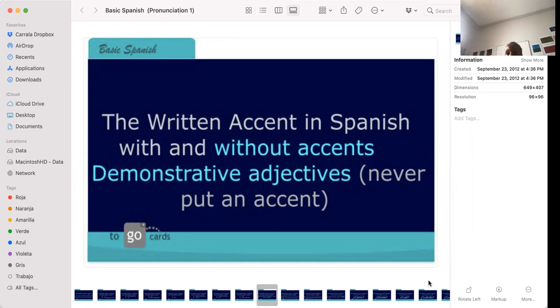So in Spanish, sometimes you see the demonstrative, because it can be a demonstrative adjective as well as a demonstrative pronoun. You sometimes see it with an accent, but be careful. When it's a demonstrative adjective, you never use an accent, never. Esta casa, you do not put an accent, never, ever, never put an accent. When